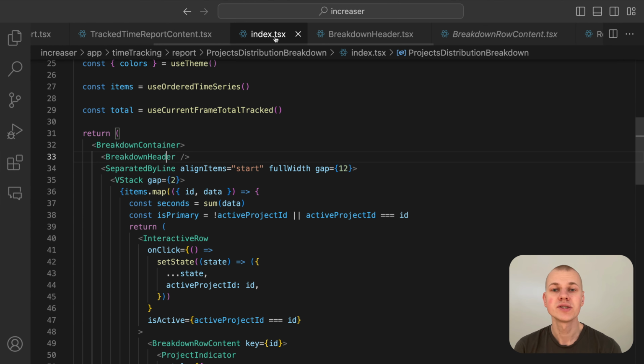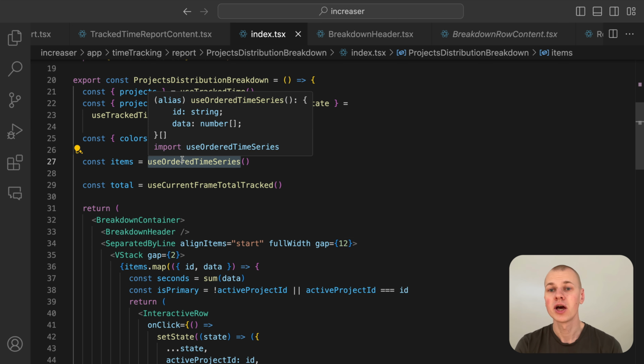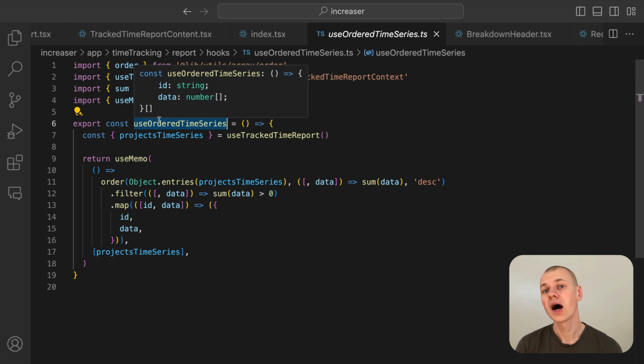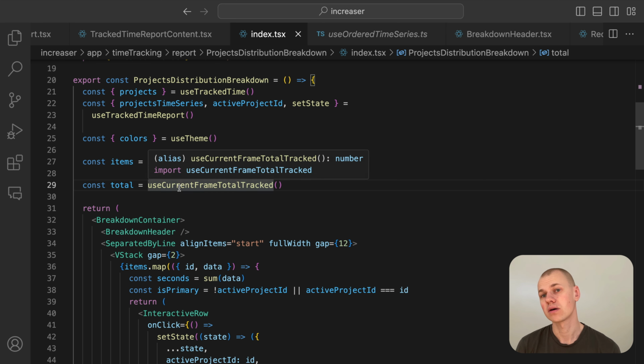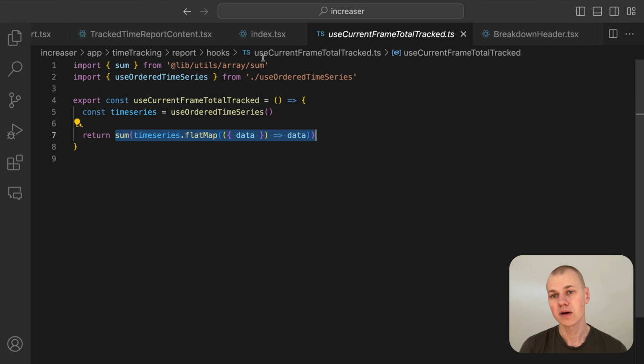breakdown. Before we start listing the projects, we want to sort them by the total time tracked to provide a meaningful order. To achieve this and to ensure that we have a consistent ordering for the pie chart as well, we'll create a small helper hook called useOrderedTimeSeries. For the share column in our table, it's important to know the total time tracked across all projects. This can be calculated using the useCurrentTime hook, which gives us the aggregate of all the tracked time within the